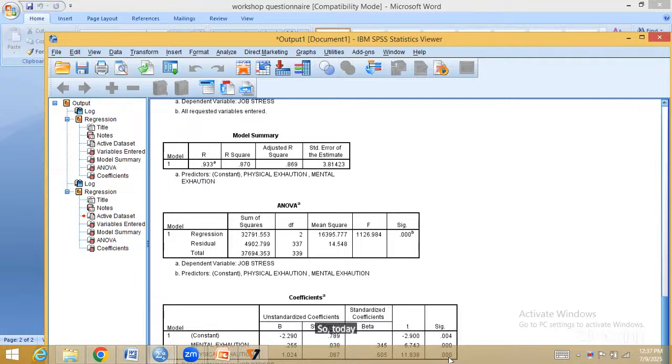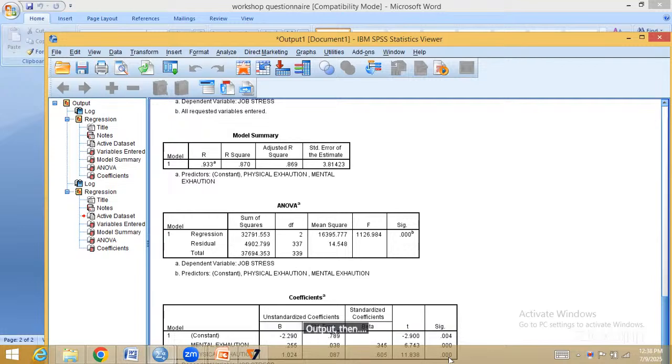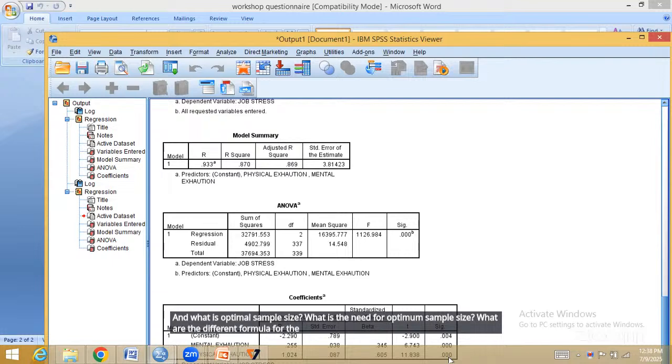So today I explained the introduction to research, then what is scientific research, distinguish between scientific research and social science research, then why your work is considered as a scientific output, then what is the method of sampling, census inquiry, sampling inquiry, different types of analysis, then what are the methods or techniques of sampling, probability sampling and non-probability sampling, then what is sample size determination, how to fix the sample size by using different formulas, and against which data we apply formulas for the fixation of sample size, and what is optimum sample size, what is the need for optimum sample size, what are the different formulas for the determination of optimum sample size,